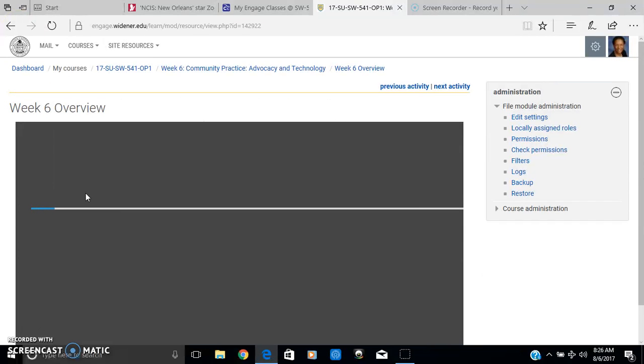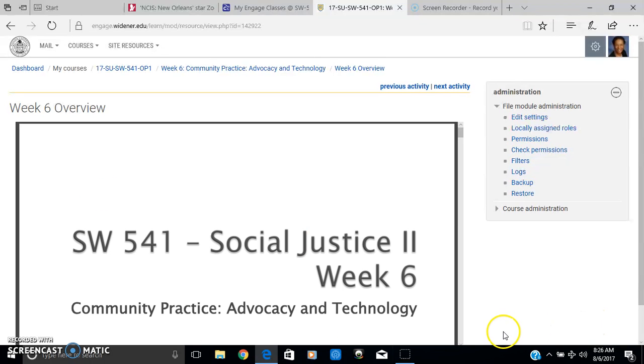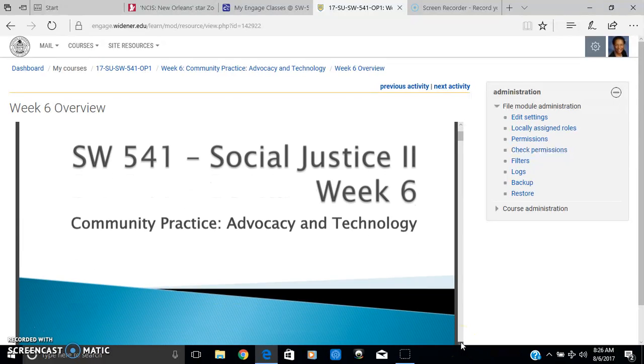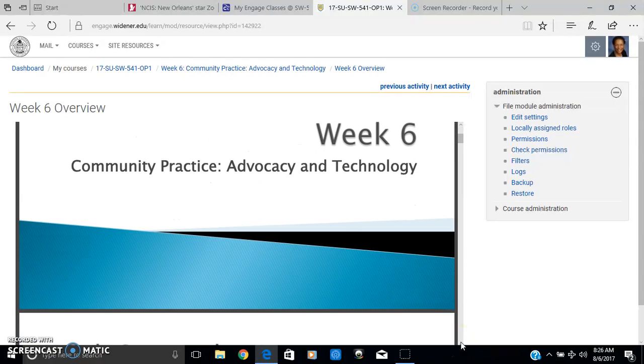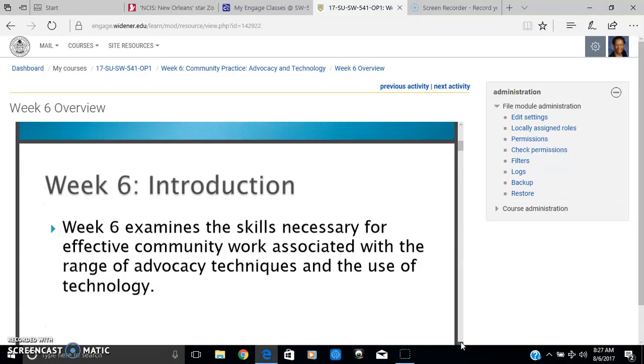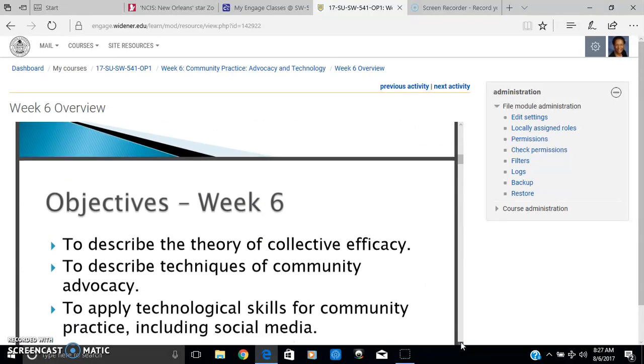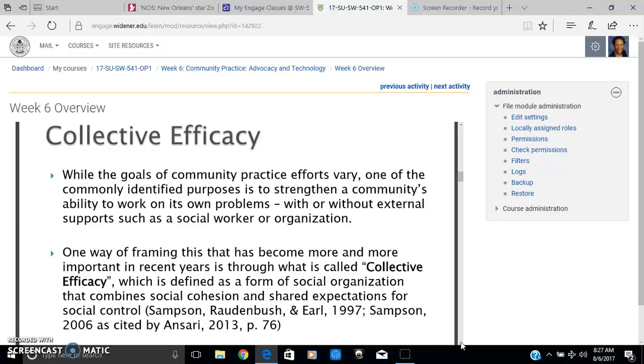Week 6 overview describes all of those topics that were outlined in the objectives and are covered in the reading. So this will load in a second. And so again, the topic this week is community practice, advocacy, and technology. We talked about the objectives for this week already. Collective efficacy